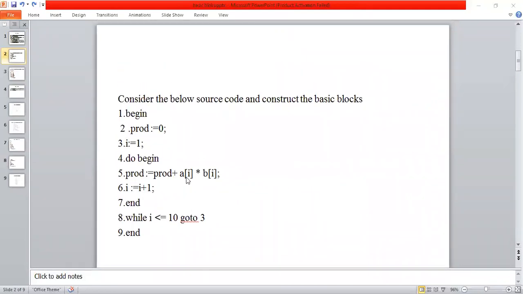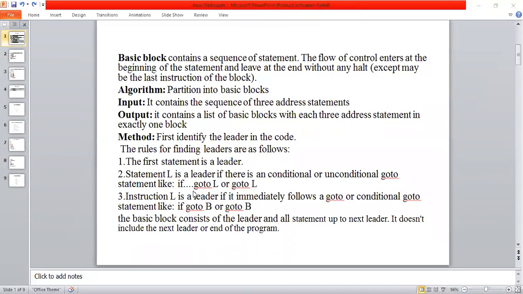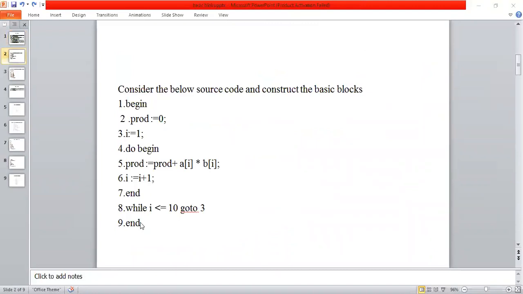In the previous slide, we already saw how to divide into basic blocks. During the construction of basic blocks, first of all, we should identify the leaders. This is my given statement. According to the given rules, here I'm identifying the leaders. According to my definition, the first statement is the leader, so begin is the leader.